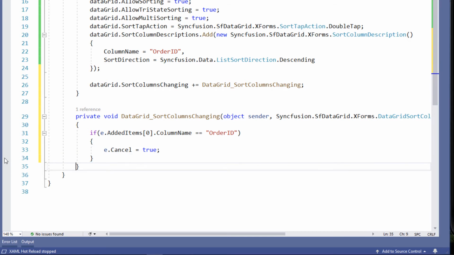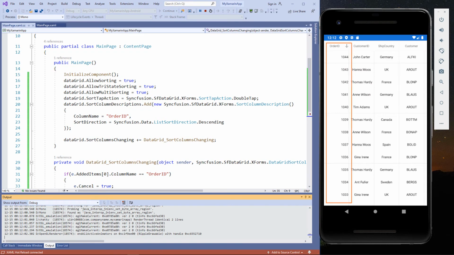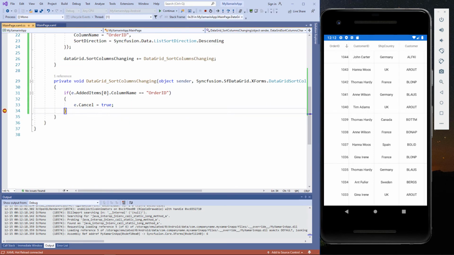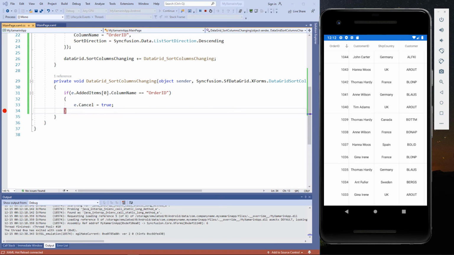I place a breakpoint here. I run the application. You can see the order ID sorted in descending order. I double tap on order ID column. The breakpoint hits, which means we try to sort the order ID column. I run the application so that it cancels the sort action. You can see the sort action performed on the order ID was cancelled.